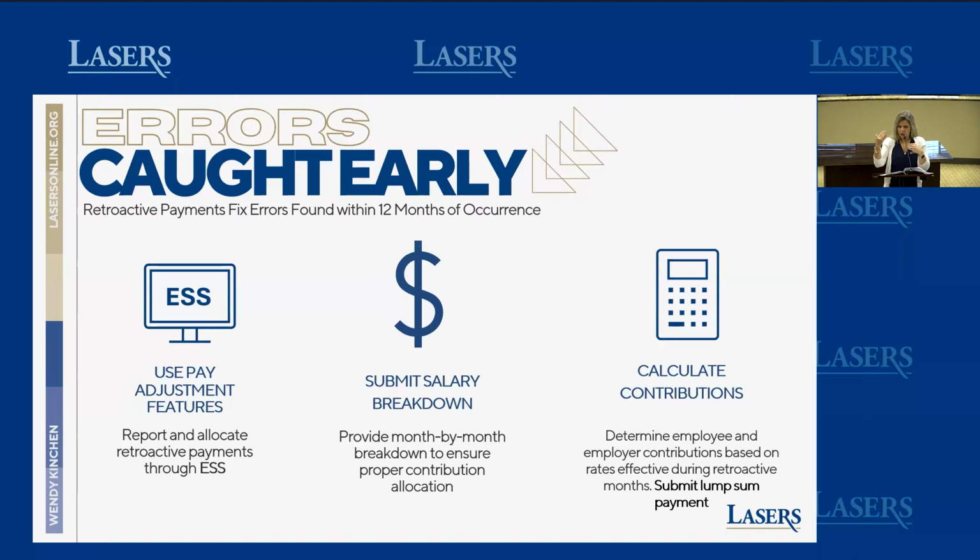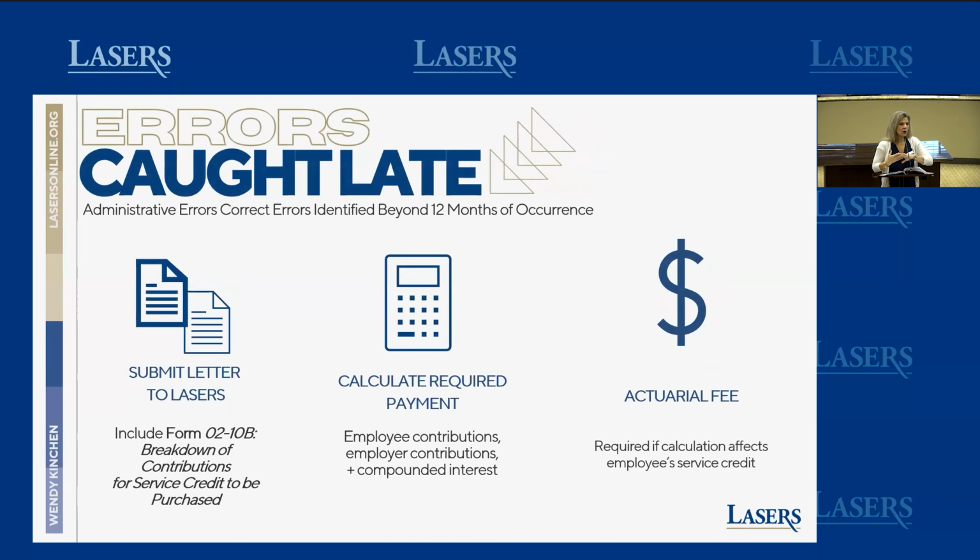You'll have to calculate what the contributions and the rate would have been for those months affected, and create a month-by-month breakdown. You submit that to LASERS with a lump sum payment,